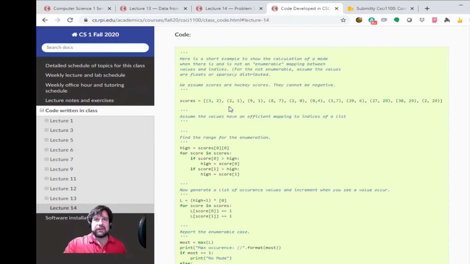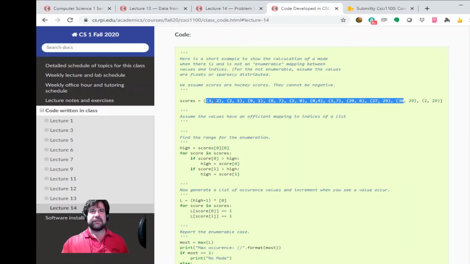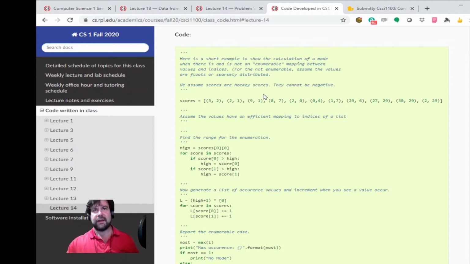So let's consider the idea of going through here and extracting these data. This is RPI, the other guys, RPI, the other guys, whoever the other guys happen to be. And what we want to find out is which score occurs